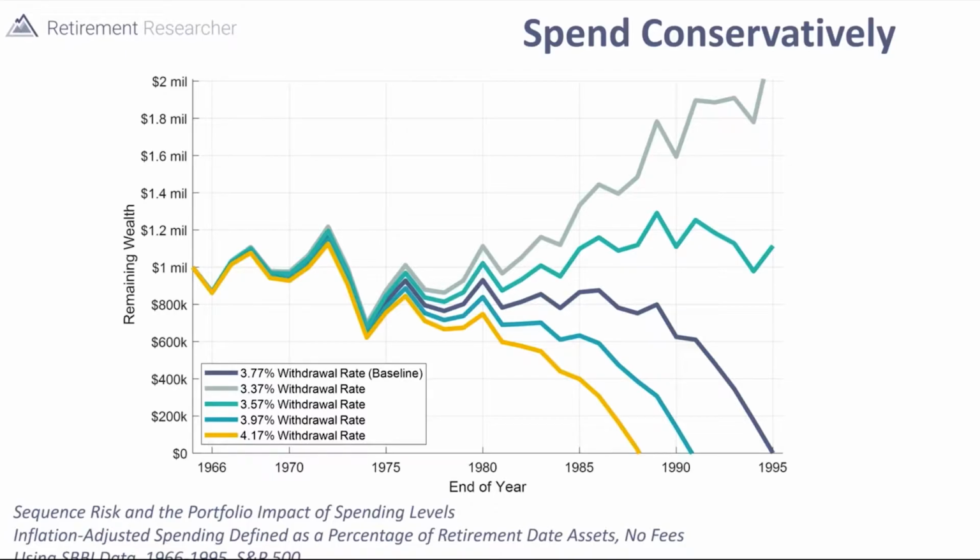portfolio sustainability. And so we have in the retirement world this idea of the 4% rule of thumb, that if you retired in 1966 with a 50 to 75% stock allocation, you could have spent $40,000 from $1 million and sustain that spending for precisely 30 years and then run out at the end of 30 years. So for this example, I'm showing it for 100% S&P 500 investment. There's no 4% rule with 100% stocks. But in this historical scenario, 3.77% was the withdrawal rate that worked. If you retired in 1966 again, taking out $37,700 each year, plus the inflation adjustments, and in 1995, you would